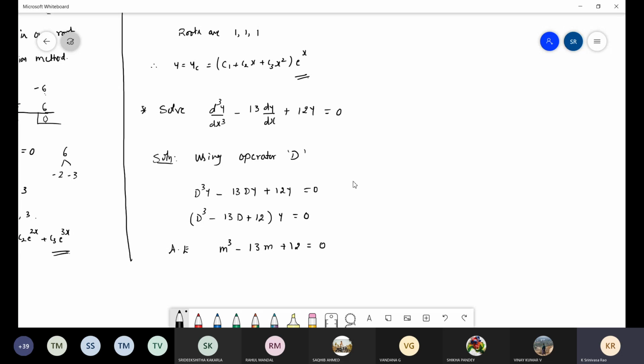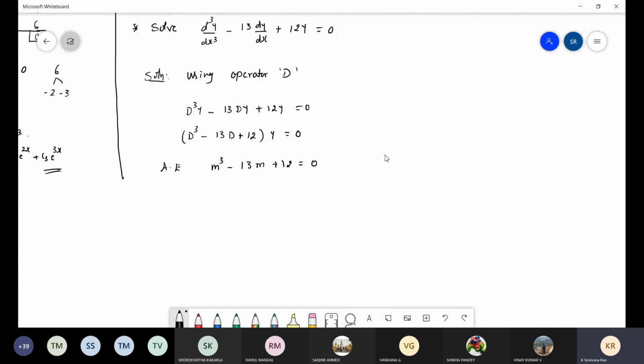Again, it is a cubic equation. The m square term is missing here. Whatever it is, it is a cubic equation and you will get 3 roots. Find out one root. Clearly, m equals 1. Put it in a box as one root. So go with the synthetic division method.